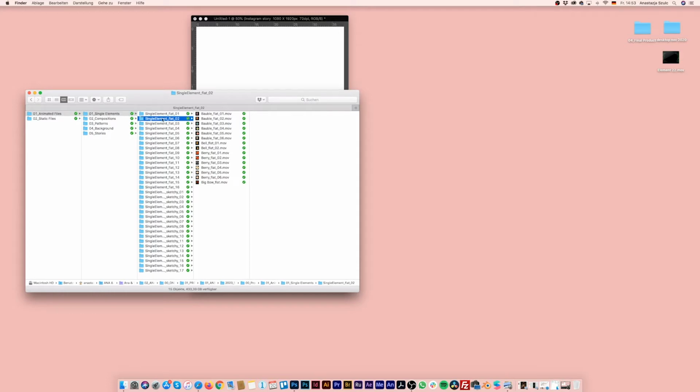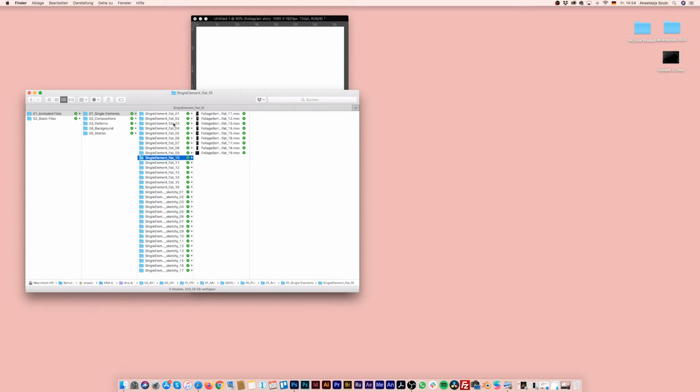The animated files are about 200 or so, the single ones. These are always 2 gigabyte chunks, which are easy to download. Please don't try to download everything at once, because such a huge download will not be possible, or you can synchronize it to your Dropbox.